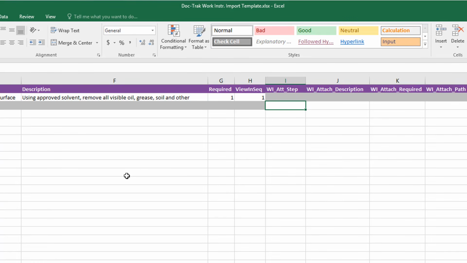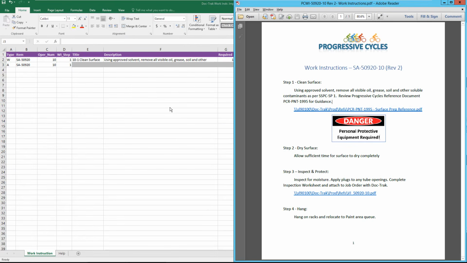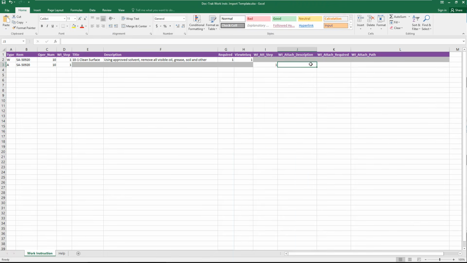Here I need to indicate the order of the attachments, just in case I have 2 or more. In this case, I only have 1, so that's what I'll enter. For the attachment description, I'll just copy the document number and paste it.